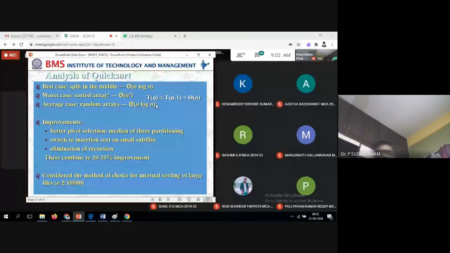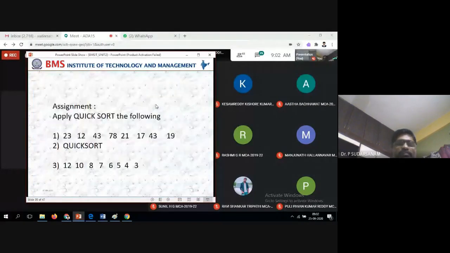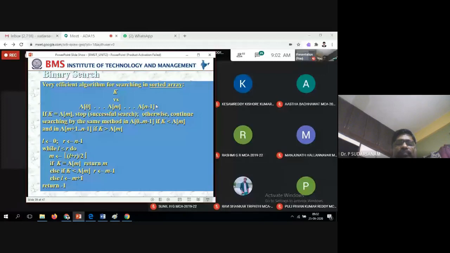So improvements: better pivot selection, median of 3 partitioning. If you make 3 partitions, you can do better. We are not doing anything in this case. Switch to insertion sort for small subfiles. Elimination of the recursion: in quicksort, if you eliminate recursion, you can do it in a better way using only while loops. So this combined gives 20 to 25% improvement. Consider this. That is what the quicksort and